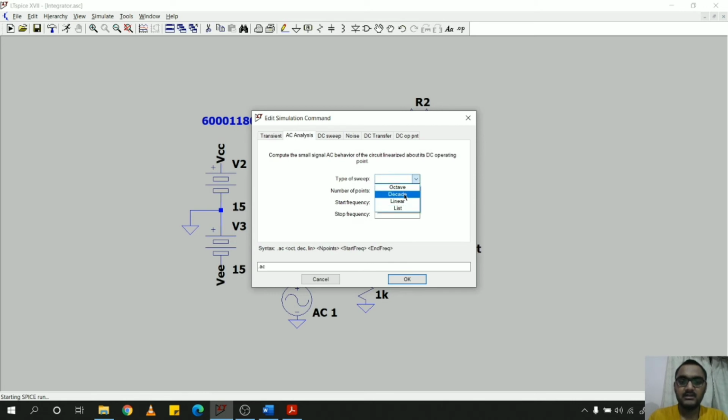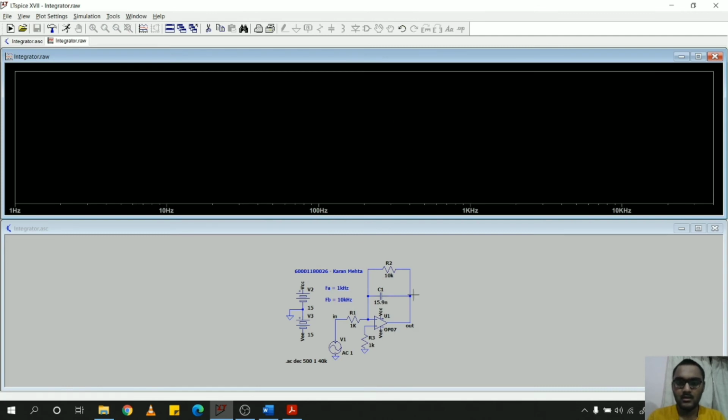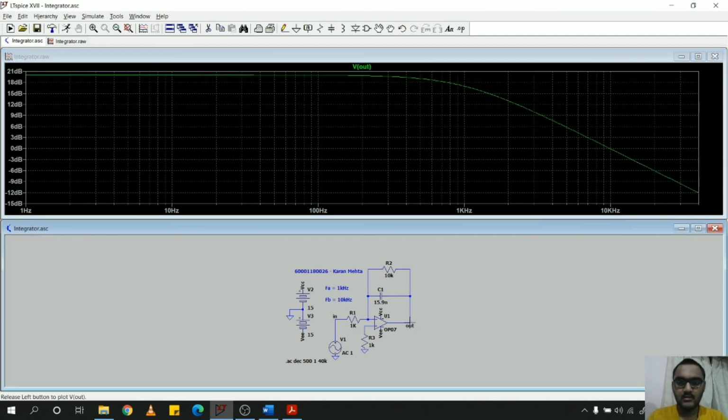Select decade for this experiment. In number of points per decade, enter 500. Enter 1 as your starting frequency and 40 kHz as your stop frequency. Click OK. Now click on the output terminal.